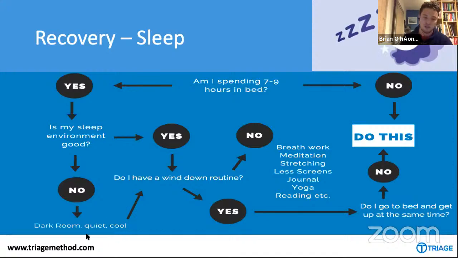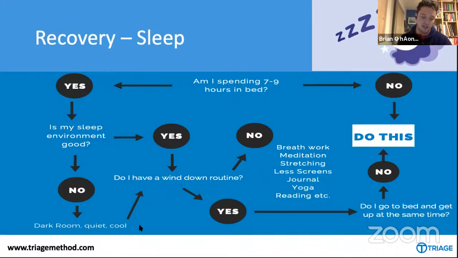Obviously, quiet room as much as possible. You can use things like white noise or silicone earplugs to try and help with this. And then, interestingly, we fall asleep and stay asleep better when we're slightly cooler. So we can probably all relate to when we have a summer, it's quite hot and we can't sleep. So you can see that the temperature is important. So, having things a bit on the cooler side, you can add blankets and bedclothes if you're cold. You obviously don't want to be going to bed freezing cold. That's not the idea, but just slightly on the cooler side seems to be optimal for sleep.